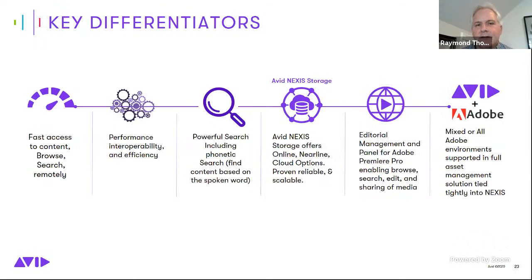Some of the key differentiators for the editorial management version of what we released, or I should say will be releasing in the coming days, is first and foremost, fast access to content, allowing you to browse and search remotely using the browser. Improved performance, greater interoperability, driving that higher efficiency we talked about at the beginning of the presentation. And then the ability to leverage phonetic search, which is an add-on option, allows you to search down to the word or phrase to quickly find content, analyzing massive libraries in a matter of seconds, so that you can easily find that content and ultimately edit that content very fast, all sitting on the Avid NEXIS storage platform,